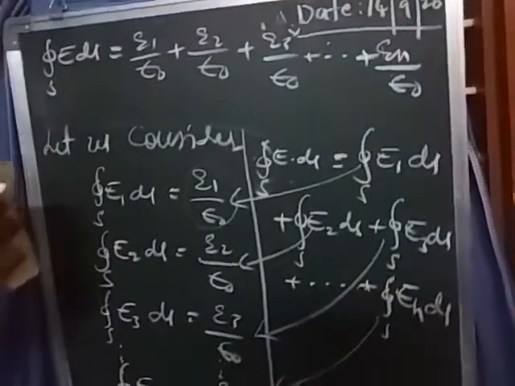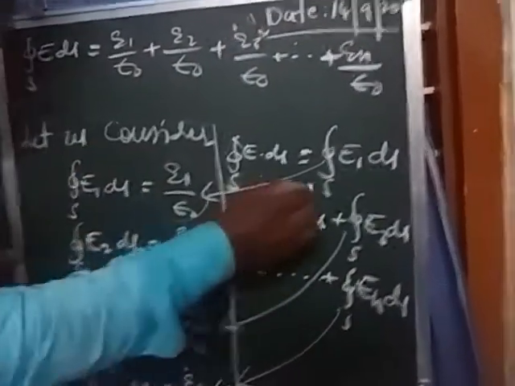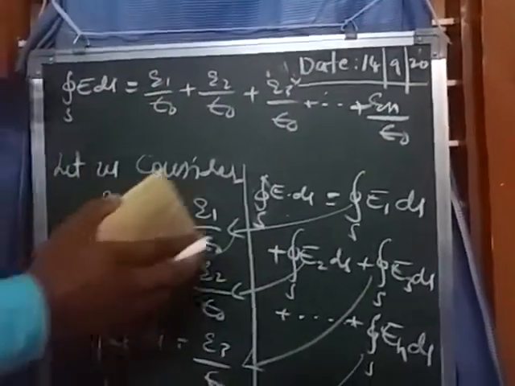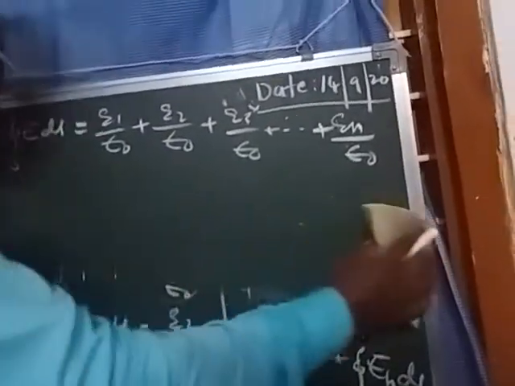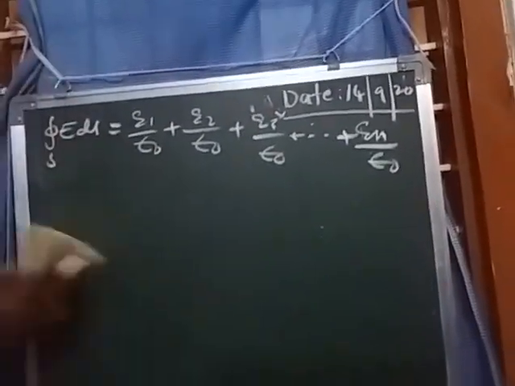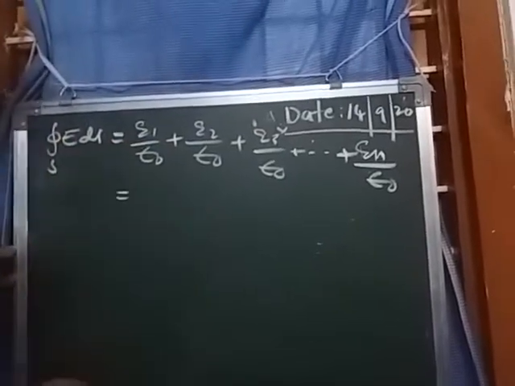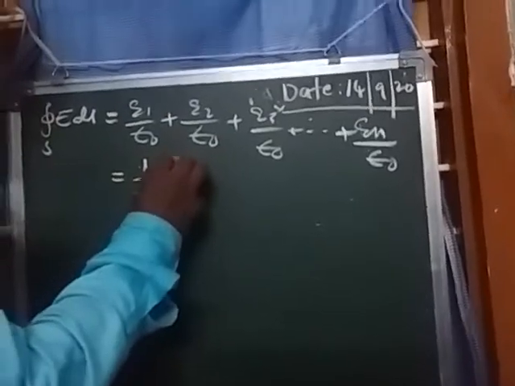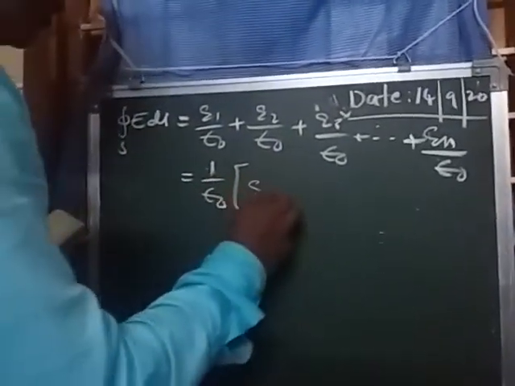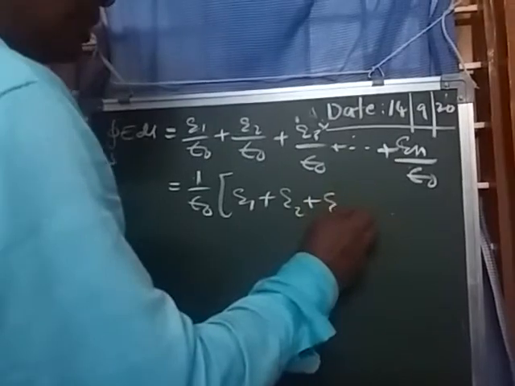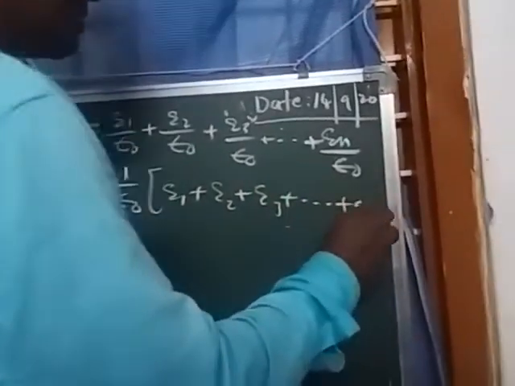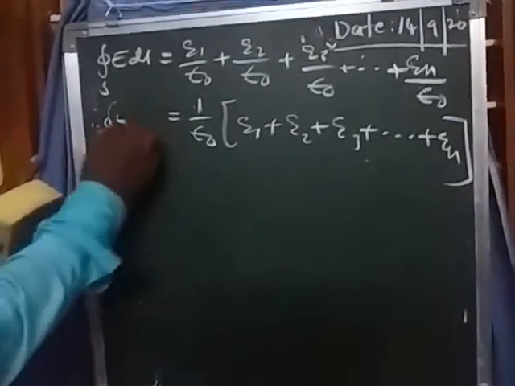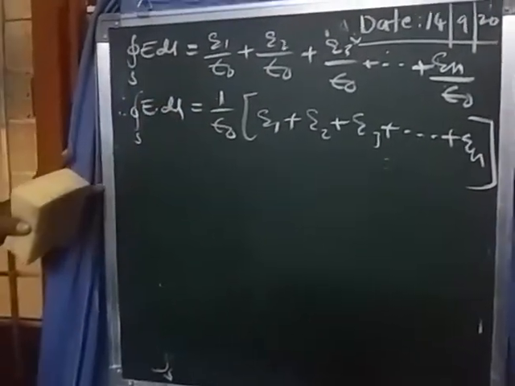Understood, students? These values we can substitute in this equation, and we will get the simplified equation. We have to simplify this equation. Now, what is common in this? 1 by epsilon naught is the common factor. Taking 1 by epsilon naught common, Q1 plus Q2 plus Q3 plus dash dash dash plus Qn. Therefore, the integral over S of E dot ds is equal to